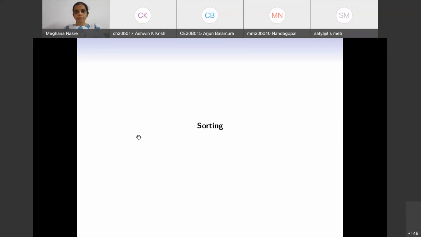That is true, but search happens much more often than the times you have to sort, or the time that is required to sort. So it is much more efficient to keep your array sorted, and therefore we are going to look at these sorting algorithms, many of which are implemented, and very fast algorithms for sorting have been implemented in libraries that are available to us. However, we should know how to sort an array, which itself is a very, very fundamental task.